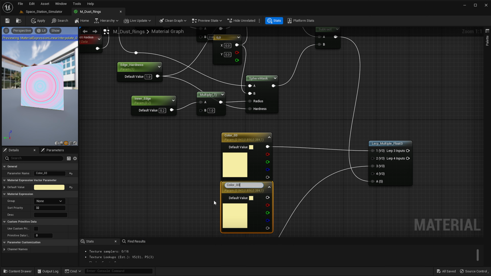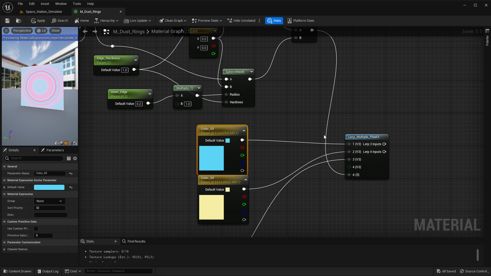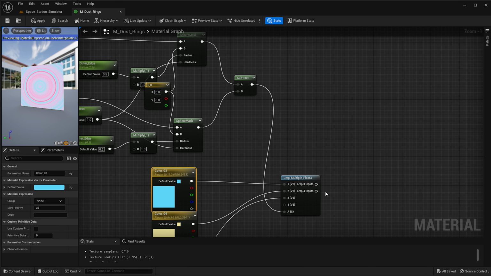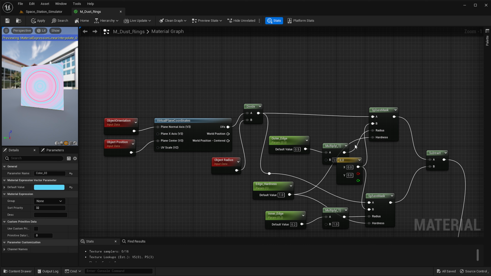Oh, sorry, you got to rename it. So if that's color 3, this is going to be color 4. Otherwise, we're changing both the colors at the same time. They have the same name. So connect that like that. And we'll see what we're going to do with the 4th value, if we're going to add anything in there or not. But now, what we also need to do is we need to address a vector converted to, a